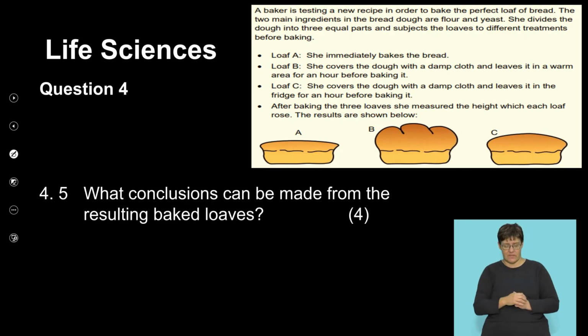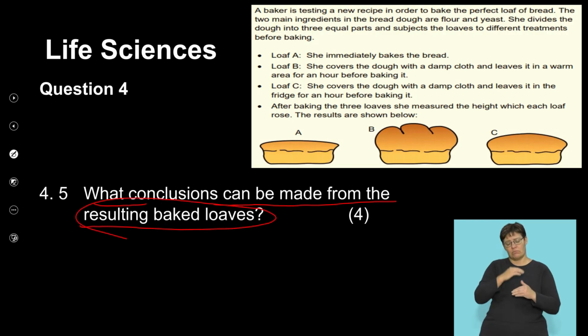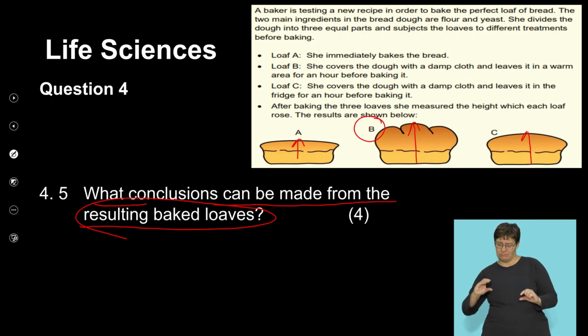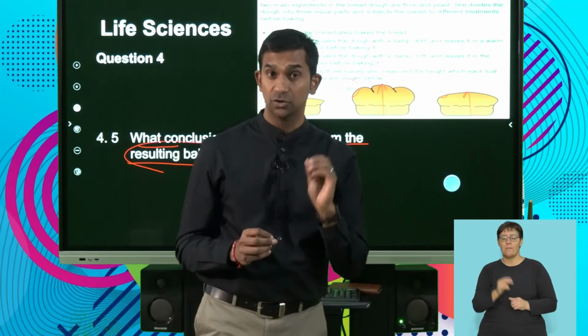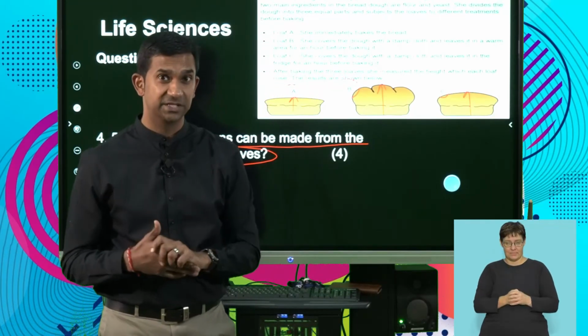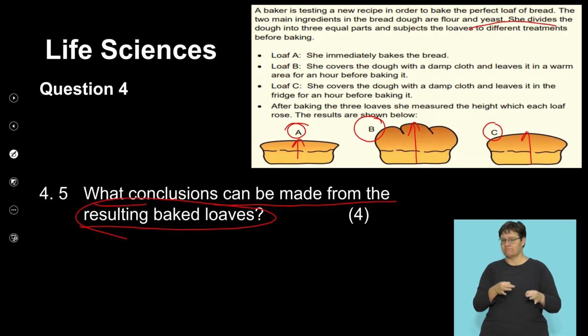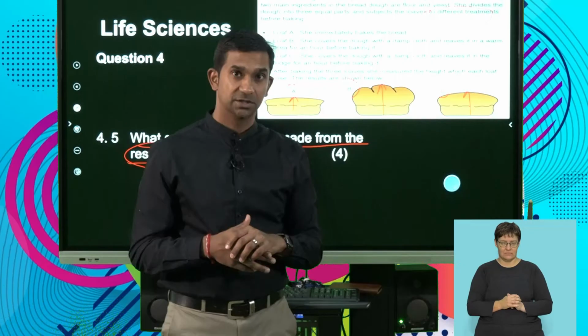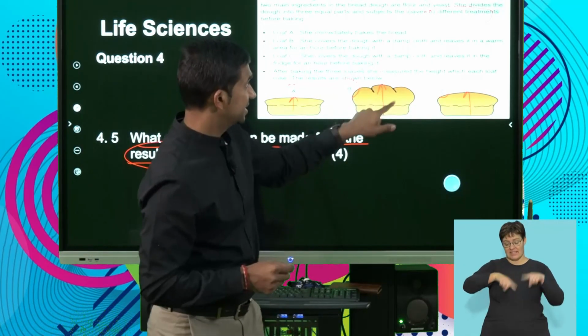Right. What conclusion can be made from the results of the baked loaves? So guys, when we've looked at this, we measured the height of these loaves, and we can clearly see that the height of bread loaf B was significantly higher than loaves C and loaf A. So what is the conclusion? The conclusion needs to relate to the aim of the experiment. The aim of the experiment was to determine the effect of different temperatures. So let's link our aim to that. So it's got to link to the effect of the temperature or the different